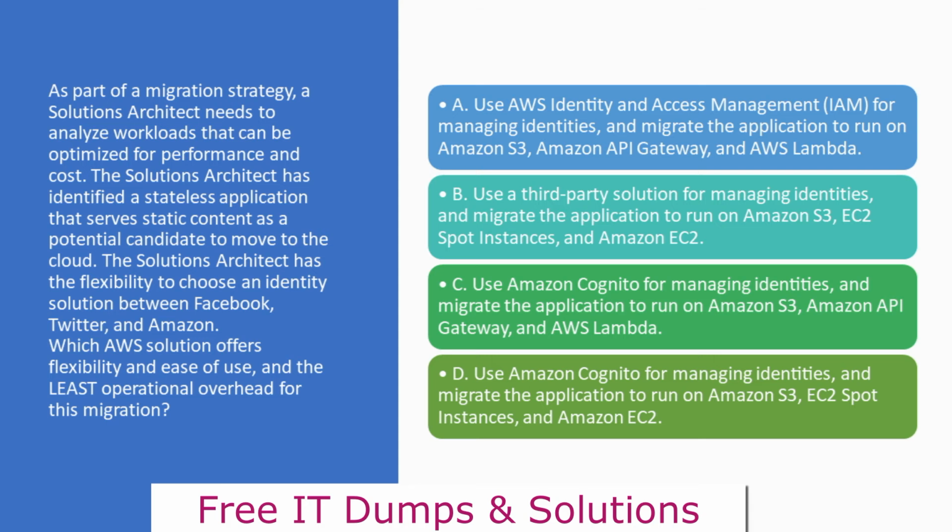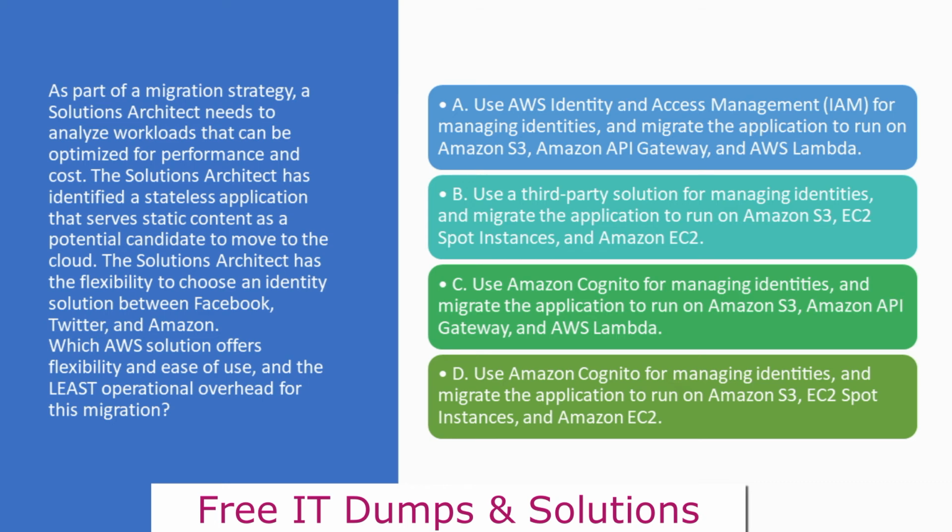Options we have: A. Use AWS Identity and Access Management, IAM, for managing identities, and migrate the application to run on Amazon S3, Amazon API Gateway, and AWS Lambda. B. Use a third-party solution for managing identities, and migrate the application to run on Amazon S3, EC2 Spot instances, and Amazon EC2. C. Use Amazon Cognito for managing identities, and migrate the application to run on Amazon S3, Amazon API Gateway, and AWS Lambda. D. Use Amazon Cognito for managing identities, and migrate the application to run on Amazon S3, EC2 Spot instances, and